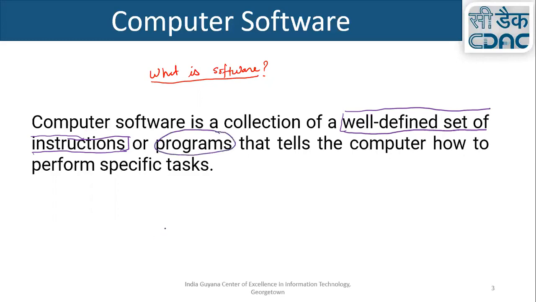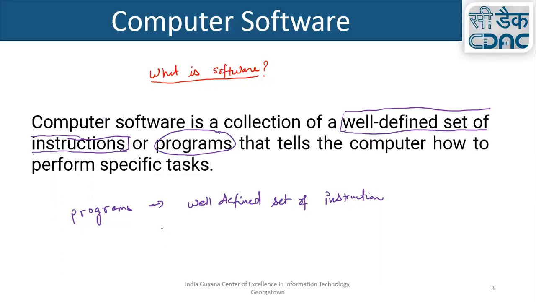So if anybody asks what programs are, the answer is a well-defined set of instructions. So computer software is a collection of programs that tells the computer how to perform a specific task.